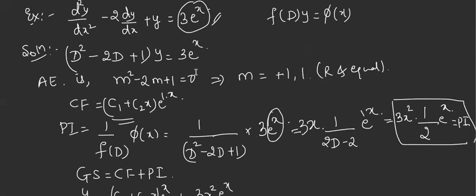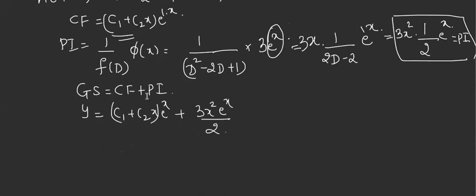What is the order of the differential equation? 2. So the number of arbitrary constants remains the same as the order of the differential equation, because in PI we don't have any arbitrary constants. Got it? How are you feeling? All examples are simple, not to worry. Remember the procedure, that's all.